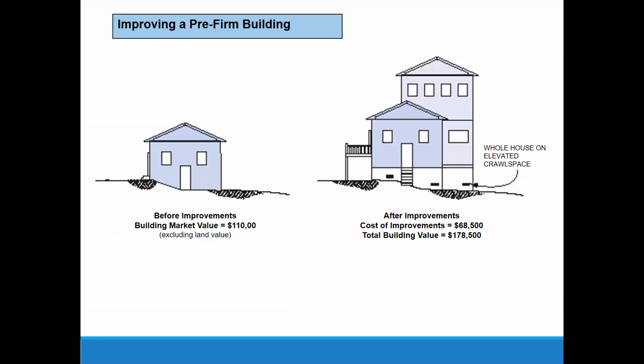If you improve an older building, pre-firm buildings are grandfathered in, but if you improve one and your improvement is a substantial improvement, more than 50%, then the whole building has to be brought up to compliance with current regulations. Same thing happens if the building is destroyed or damaged in a storm. If it's damaged more than 50%, when you repair it, you're doing an improvement to the damaged building to bring it back up to where it was, and it would also have to be brought into compliance.